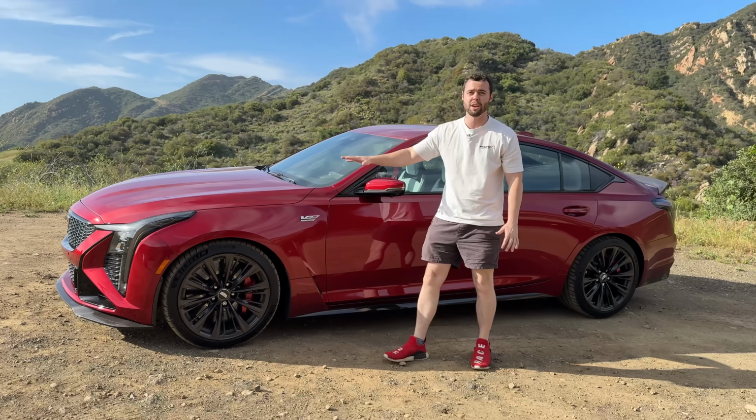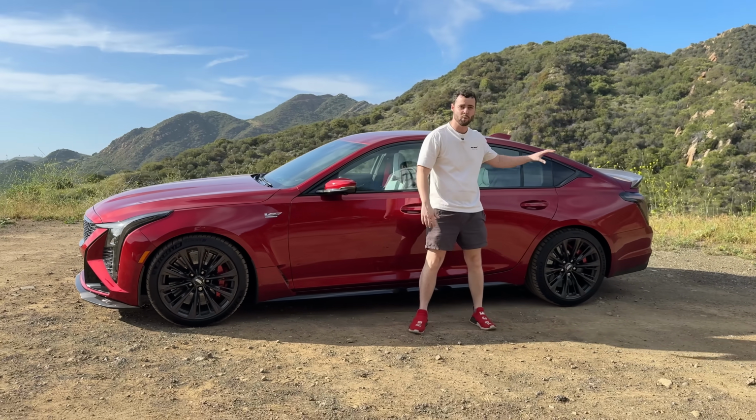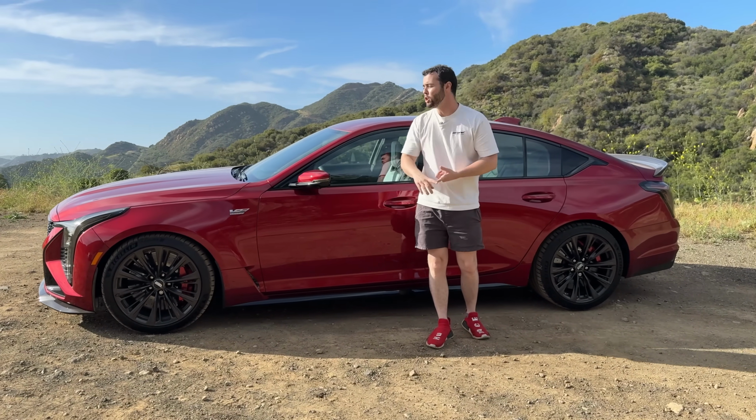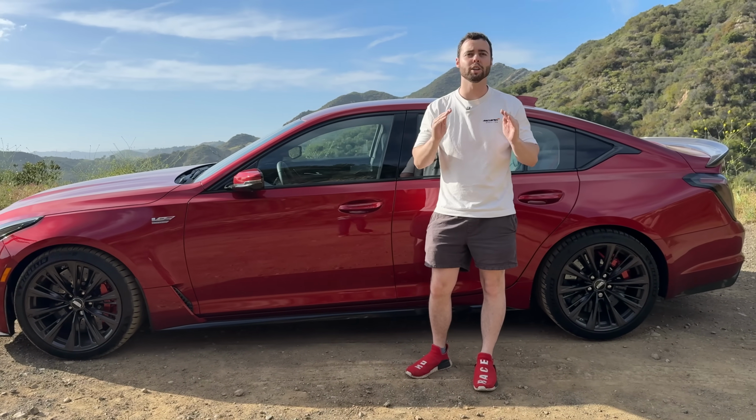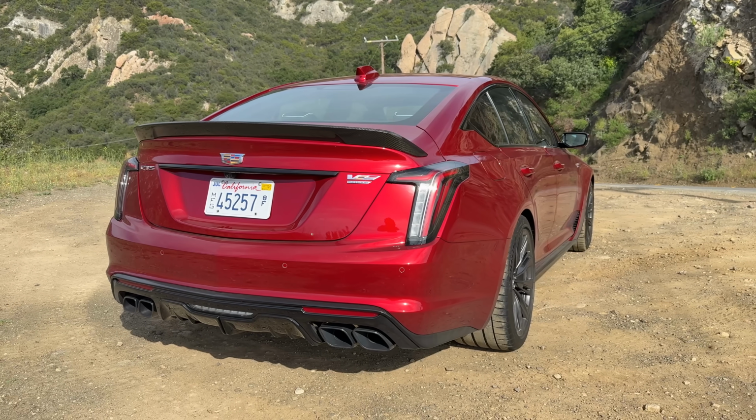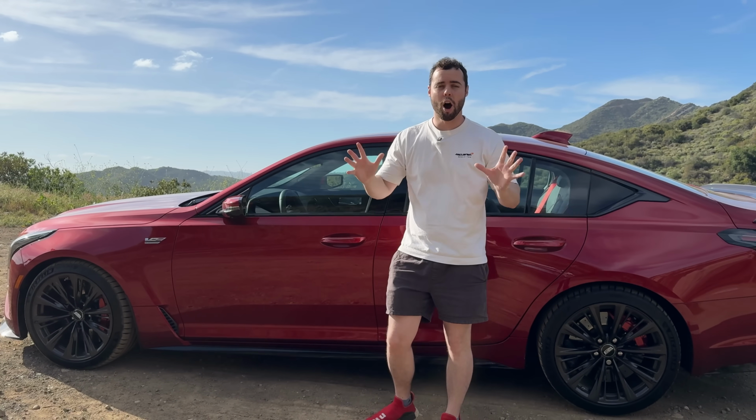We also have a revised suspension setup, 70% stiffer in the front, 57% stiffer in the rear. We have revised steering, new steering knuckles, new rear toe links, so we have more aggressive camber on track, revised traction control management. The result is an on-track and on-road experience that is next to none in the sports sedan